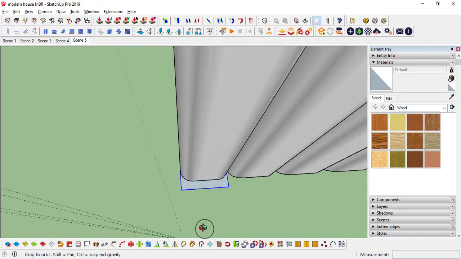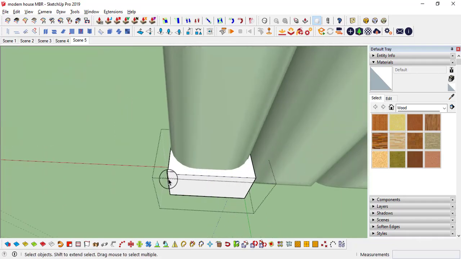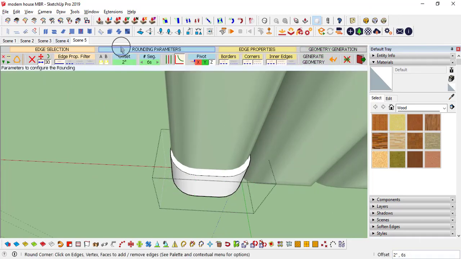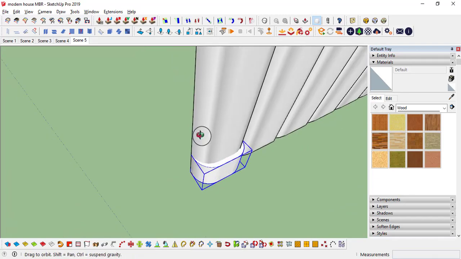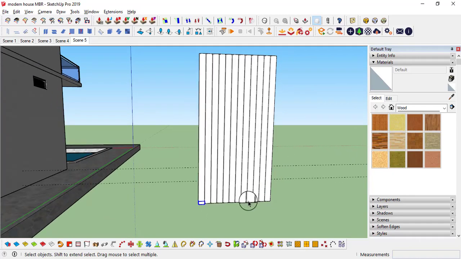Then 2.5, yeah, and I'm going to push-pull it 3 inches, okay, and I will select these 2 edges and corner them. If you select it, yeah, 2 inches, it is okay, good. And I will move in the upward direction, up to 3 feet, up to 3.5 feet we are going to get the bed.